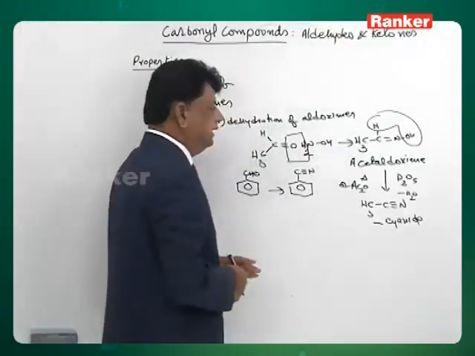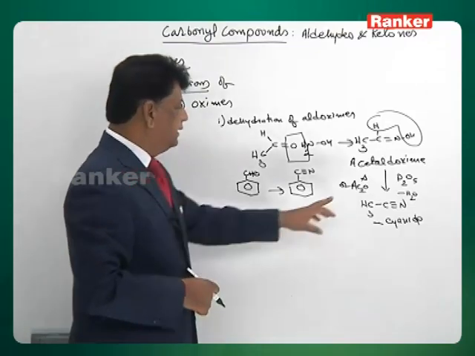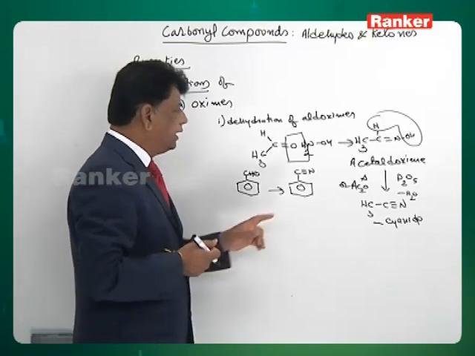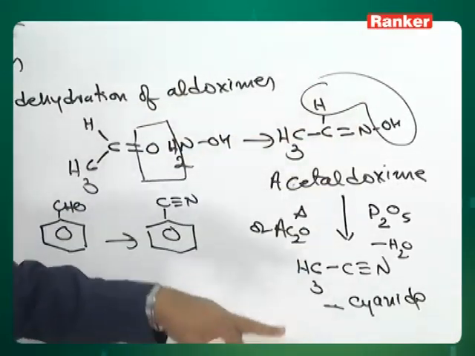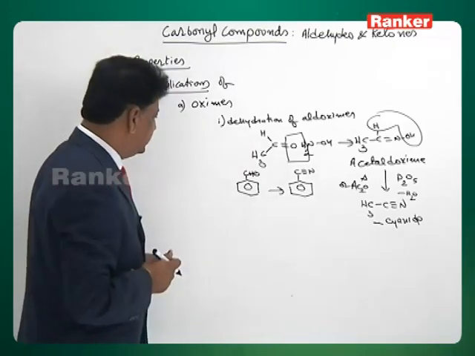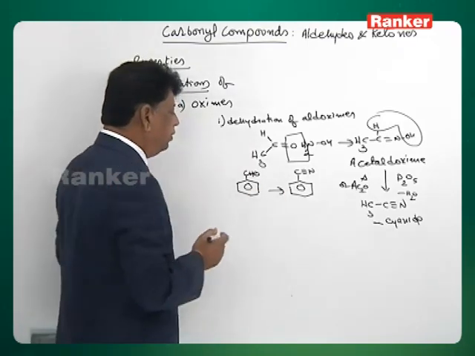Even this works as a dehydrating agent. In this case acetic anhydride takes that water and becomes acetic acid. So, our compound undergoes a loss of water, that water is transferred to the acetic anhydride, which becomes acetic acid. So, benzaldehyde to benzonitrile,